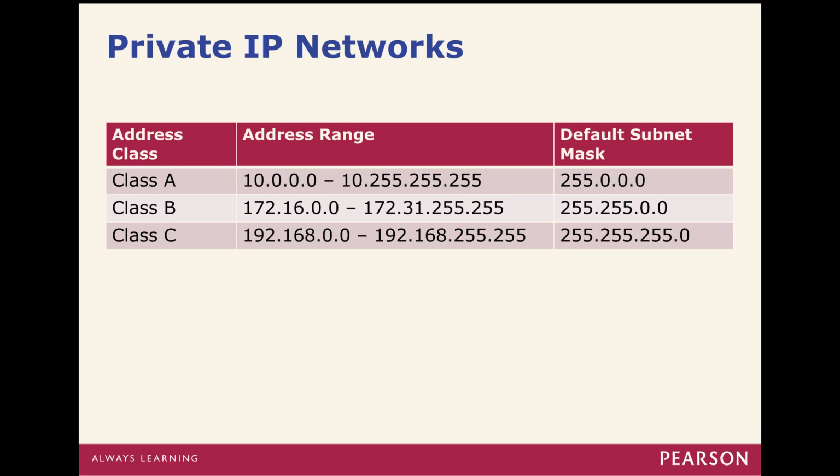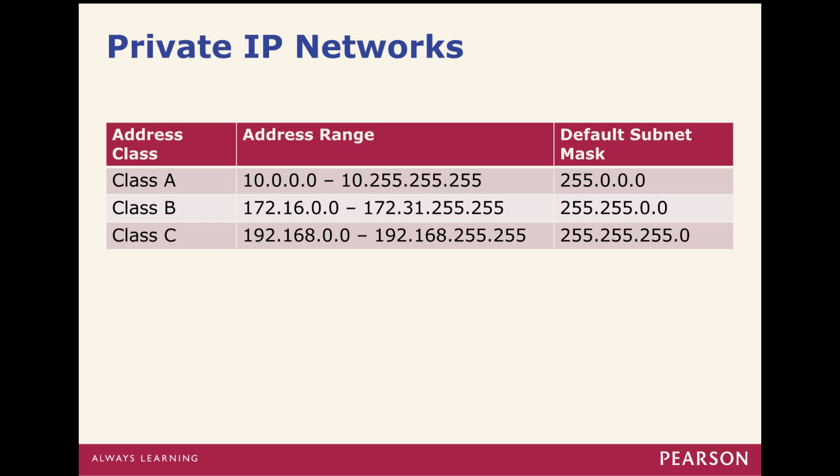Then we have the private IP network ranges. We've got private address ranges for class A, B, and C. Class A is anything that starts with a 10, so it's the easiest one to remember. And again, the default subnet mask for that is 255.0.0.0. Then the Class B address is anything that starts with 172.16 up to 172.31, and the default subnet mask for that is